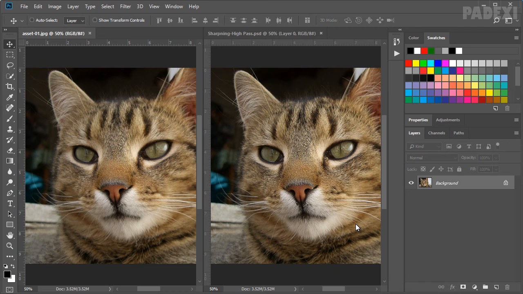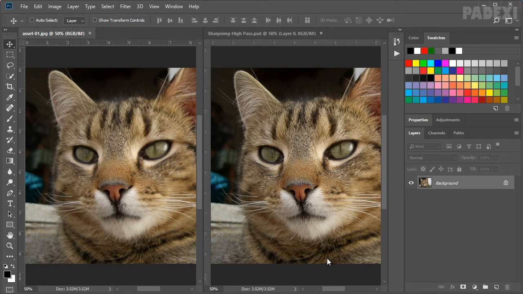In this clip, we will use the high pass filter to enhance the appearance of the image. The high pass filter allows you to retain the edge details where the sharp transitions occur and suppresses the rest of the image. This filter creates an effect opposite to that of the Gaussian blur filter. It is useful in extracting the line art and large black and white areas from an image.